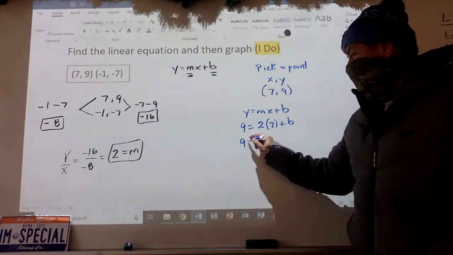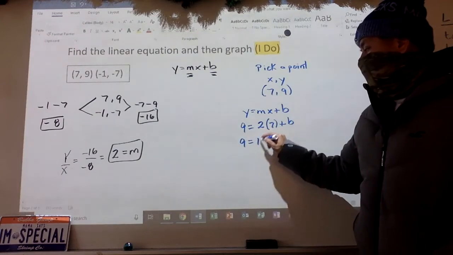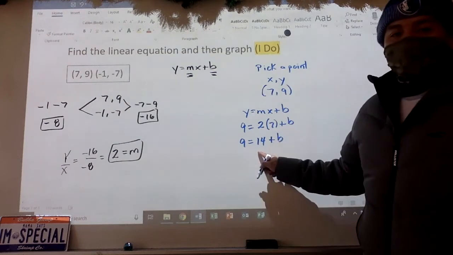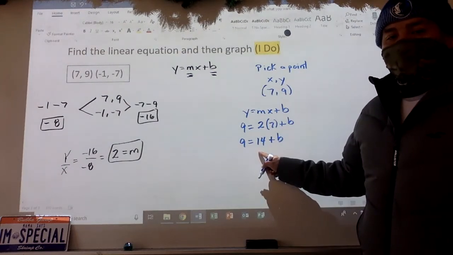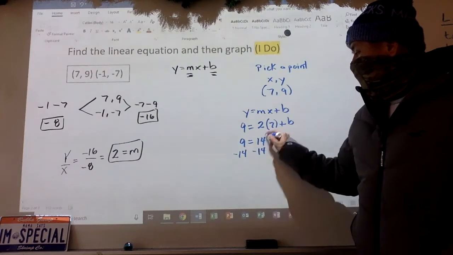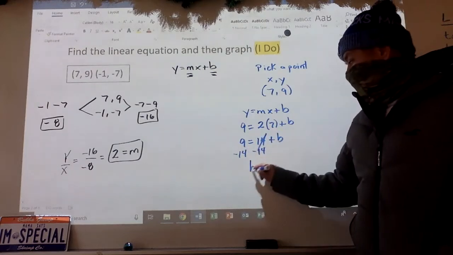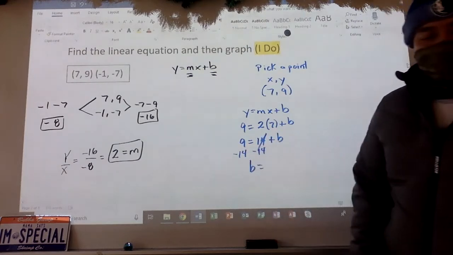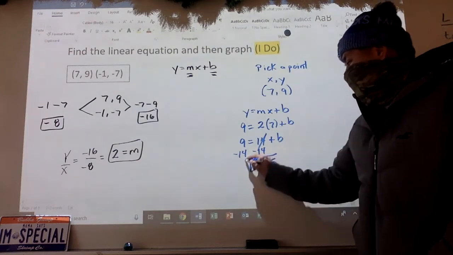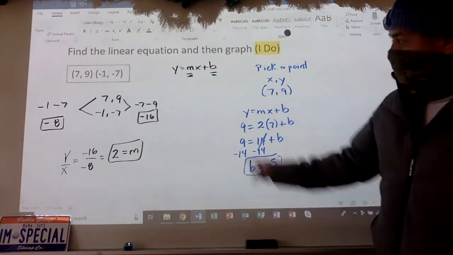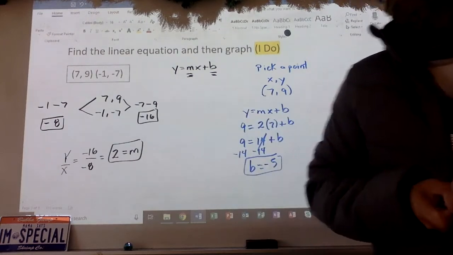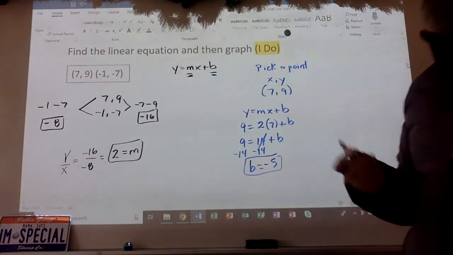So 9 equals 2 times 7, 14. How do I get rid of positive 14? Do the opposite of it. So minus. It cancels. b equals 9 minus 14, -5. Remember, I told you we're only looking for m. We're looking for b. Once you have found both of the things I need, you put it back in the